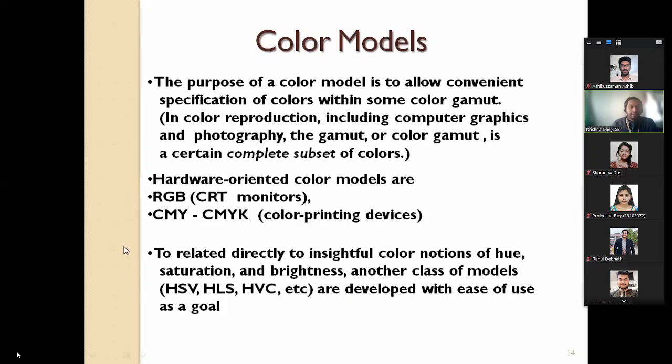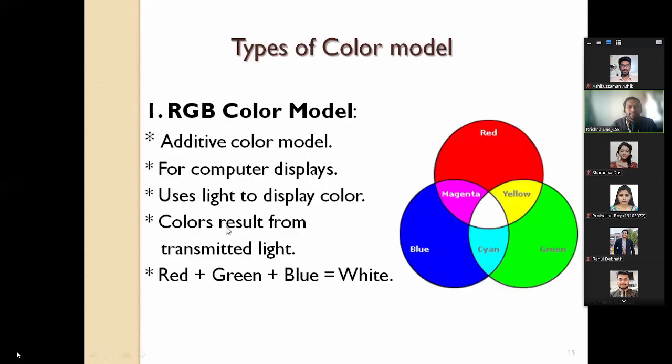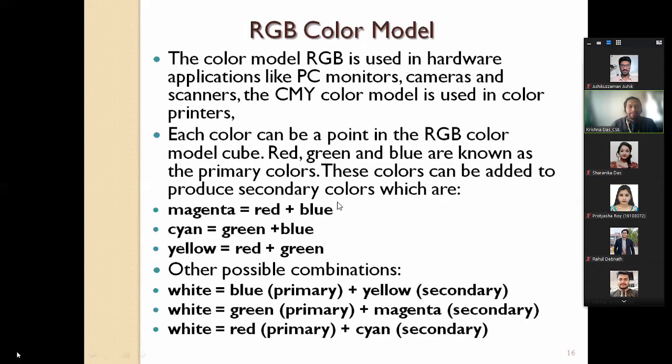This is also related to RGB, but can also be mapped to CMY, because in one model the primary colors are the names, and the other model has the secondary colors, as we have seen in the color space. That is for the RGB color model, especially for computer displays. We know that all the colors we have are light, and they are different wavelengths, and these colors are created through the transmission of light.